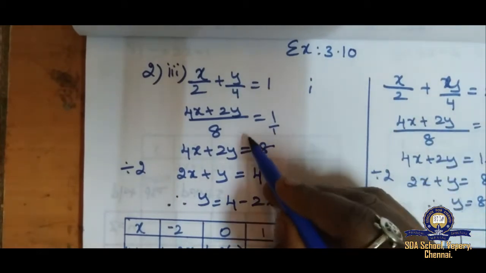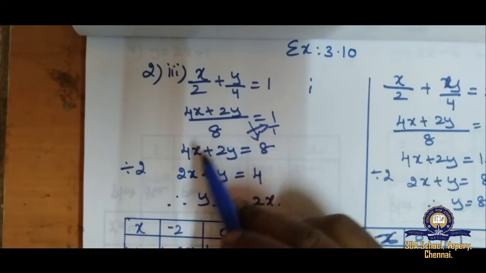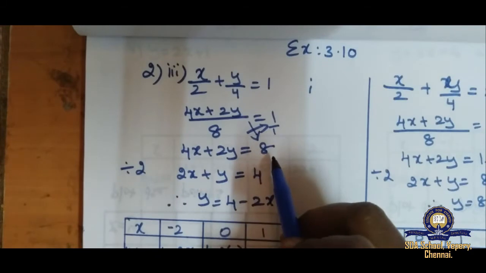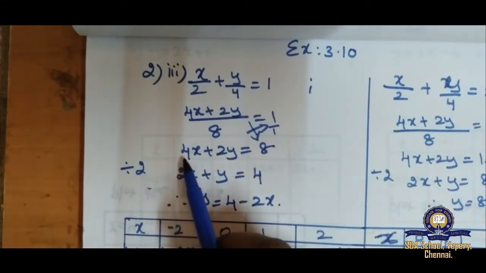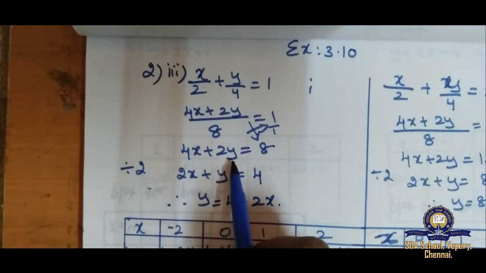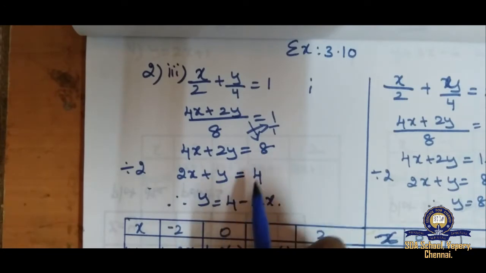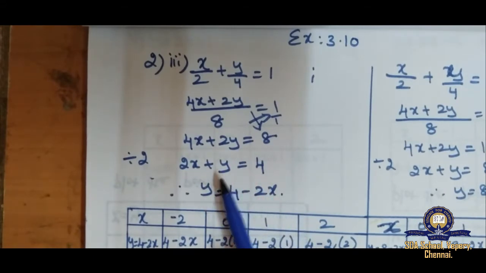After that we have to do cross multiplication. If I multiply with 1, I will get the same thing with the variable. So I have written 4x plus 2y is equal to 8 into 1 is 8. Then all of this is divisible by 2, so I have divided by 2. 2 2s are 4, so 2x. If I divide by 2 here, I will get y alone. 2 4s are 8. We need an equation as y is equal to, so I have changed and written y is equal to 4. This 2x alone I took from the left hand side to the right hand side, so it is minus 2x.